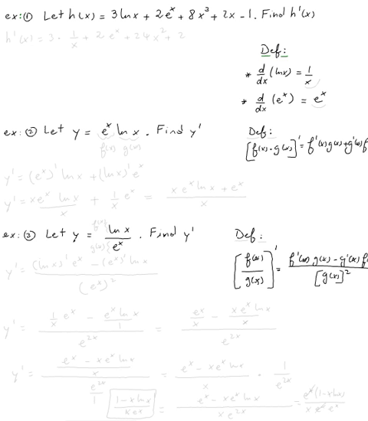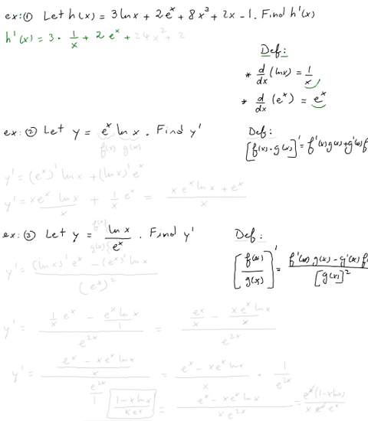So let's do the first example. h of x is equal to 3 ln x plus 2e to the x plus 8x cubed plus 2x minus 1. So h prime of x is equal, the constant we're going to leave it, and the derivative of ln x by definition is 1 over x. So 3 times 1 over x plus, same thing, the constant 2 stays, the derivative of e to the x is right here, e to the x,